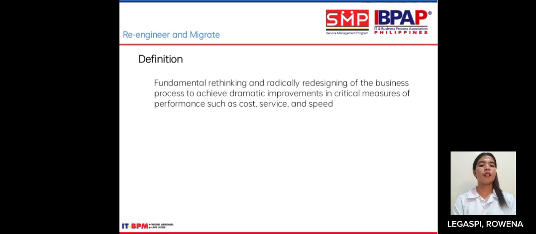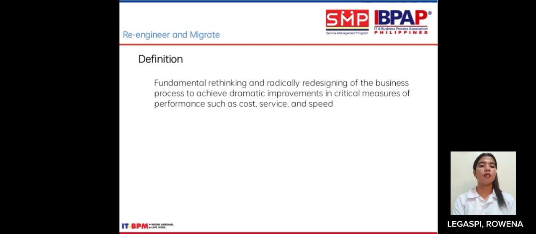Instead of making incremental changes, business process reengineering (BPR) requires a complete re-evaluation and reimagining of existing processes. So the goal of BPR is to achieve dramatic improvements in critical measures of performance, including cost, service,